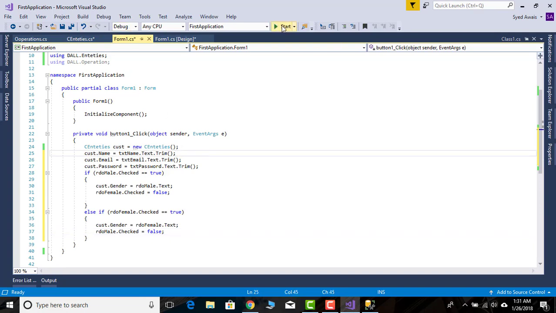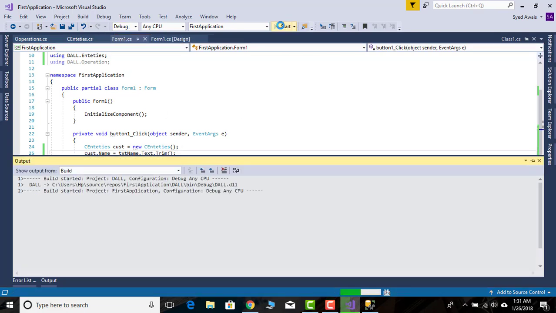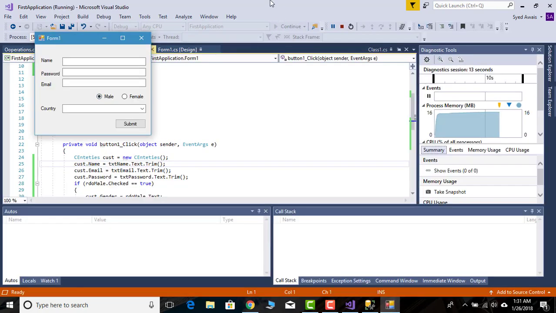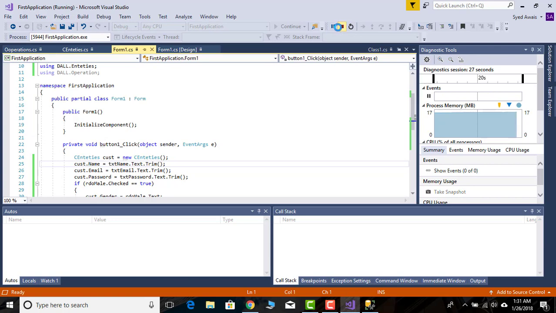I'll explain what I'm trying to do. Let's execute. Okay, so this is our form. Right now it will do nothing because I haven't created a method to send the values to the database. Okay, now I'm going to stop this application,